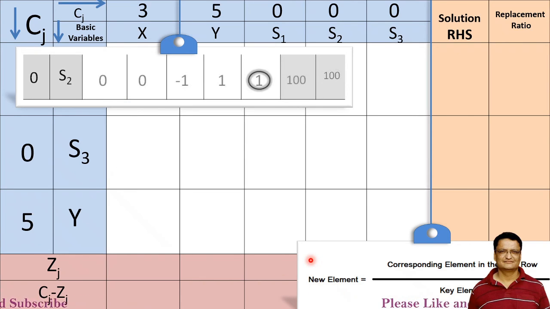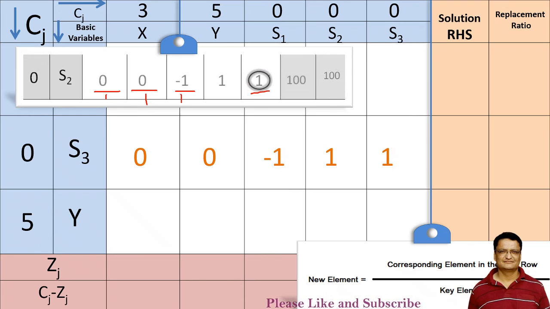We have to use the same formula. So this is my key element. 0 minus 0 divided by 1 will give me a value of 0. 0 divided by 1 will give me the value of 0. Minus 1 divided by 1 will give me a value of minus 1. Again 1 and 1. And 100 divided by 1 will give me the value of 100 only.